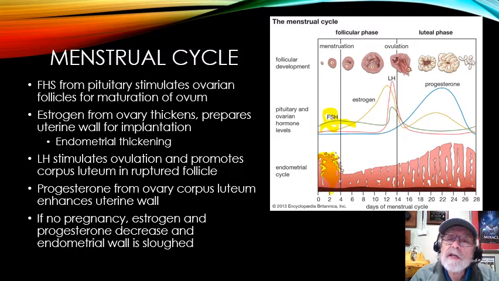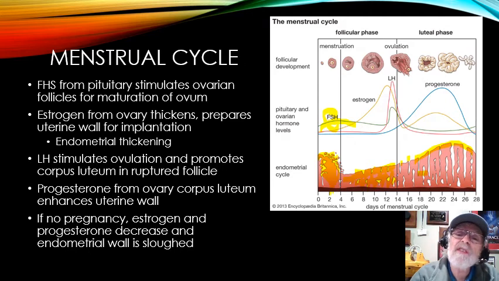And this little thing on the bottom shows the development of the endometrial wall, how it gets thicker and thicker. You see down here the endometrial wall is getting thicker as time goes on. And what's doing that is the FSH is actually causing the ovum to start to develop. So let's go up to the top here. Inside there we have a follicle, and that follicle is starting to develop and get larger and larger, and the ovum inside there is getting more and more mature.